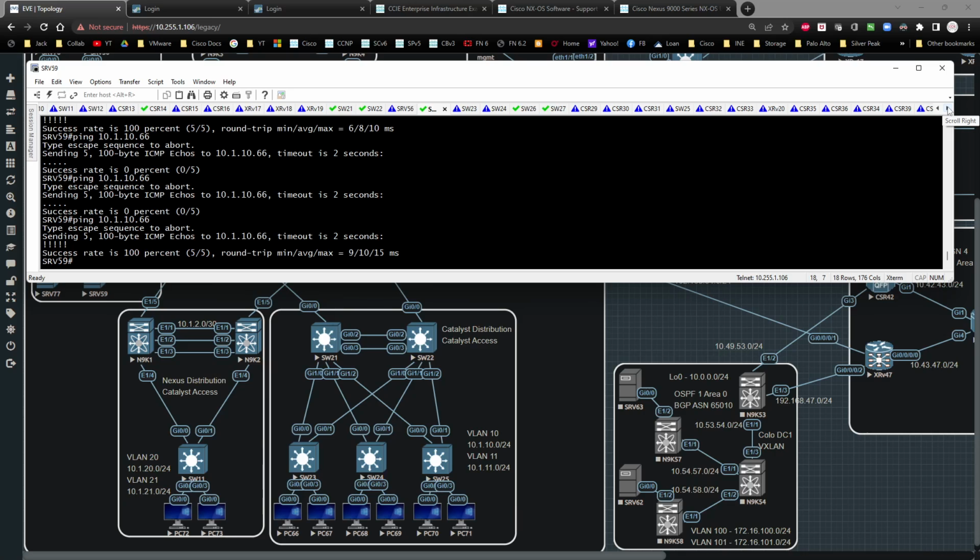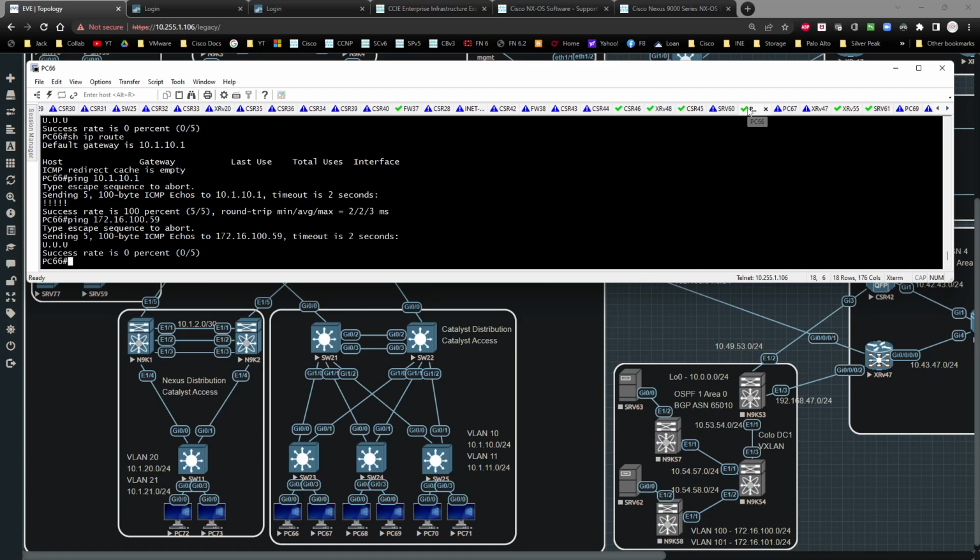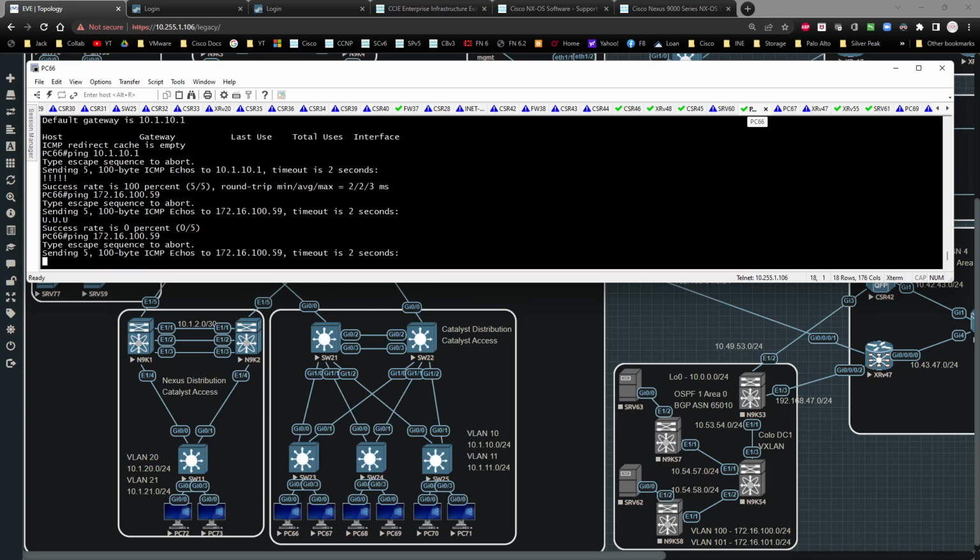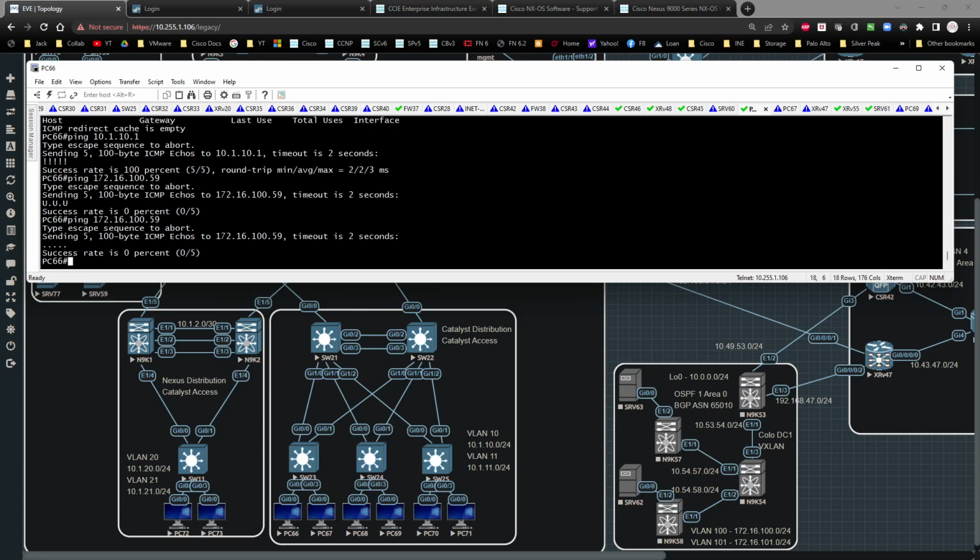wherever I left him, I forgot where I put him. Pretty sure it's right over here. PC 66, and I try to ping 59. Oh, wait, sorry, it's 101. My bad. Control Shift 6. It's 101. That'll work. If I try telnetting to